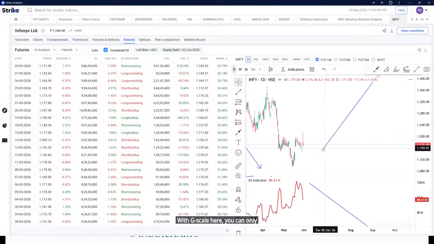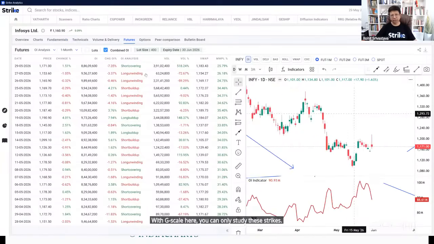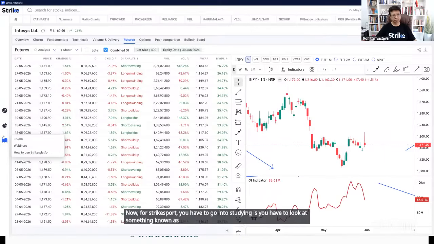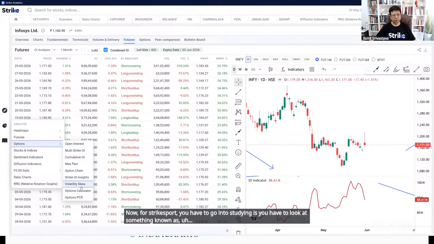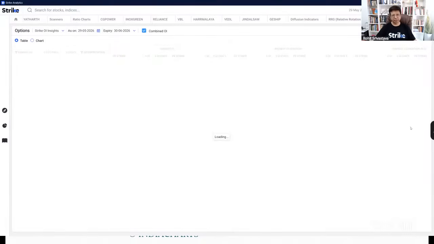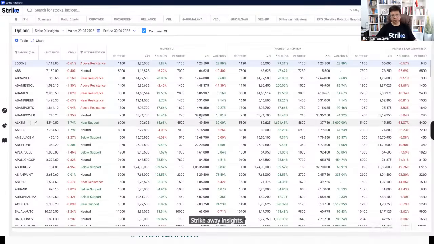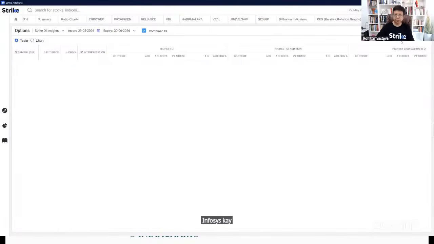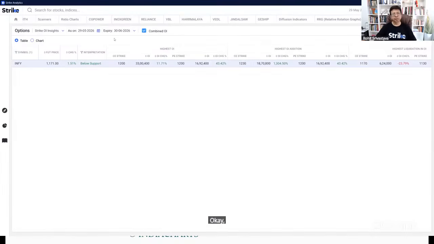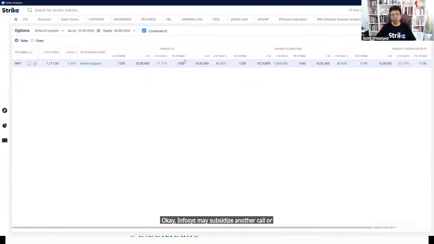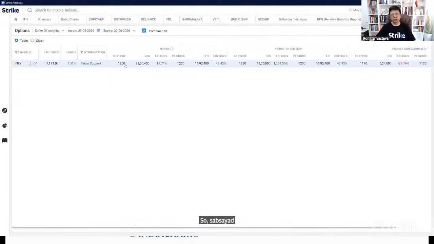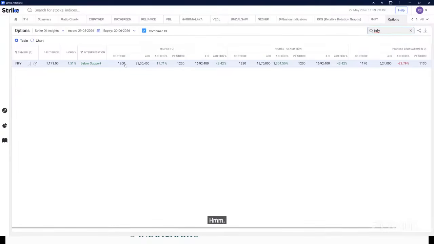You can only study the strikes. Now for strikes, what you have to go into studying is you have to look at something known as strike OI insights. ये क्या आपको बताता है कि किसी भी स्टॉक में, और आप अभी इन्फोसिस, तो मैं इन्फोसिस का ही उदाहरण लेता हूँ। ओके, इन्फोसिस में सबसे ज्यादा कॉल और सबसे ज्यादा पुट ओपन इंटरेस्ट कौन से स्ट्राइक में है? सो सबसे ज्यादा कॉल है 1200 में, और पुट भी 1200 में, मतलब 1200 इज एन इंपॉर्टेंट